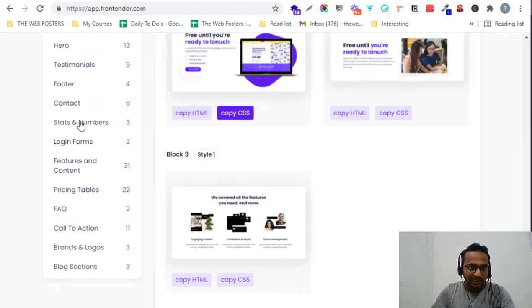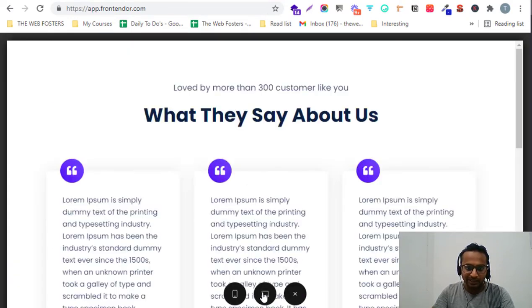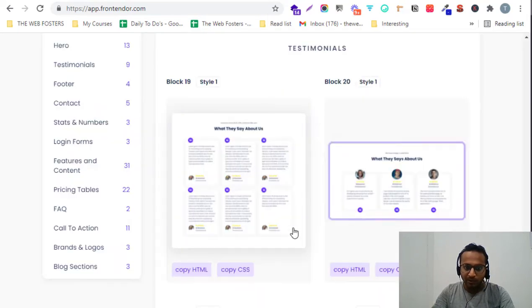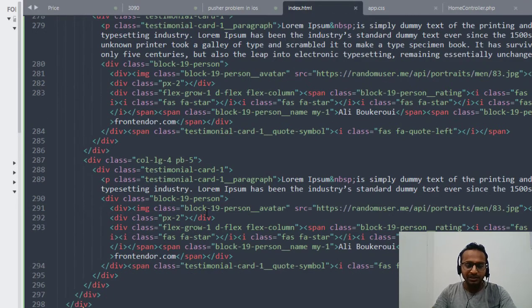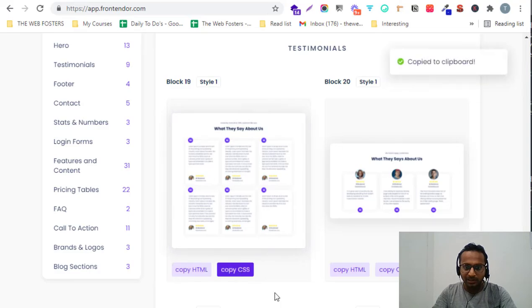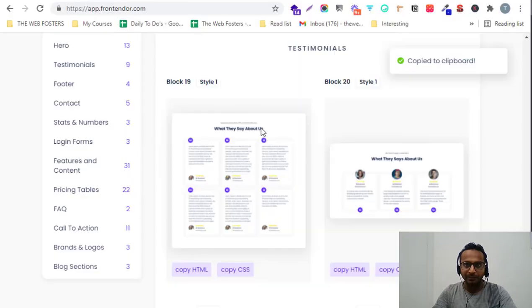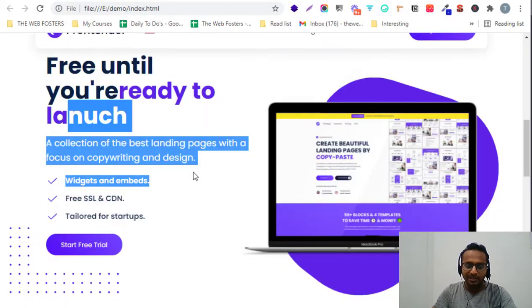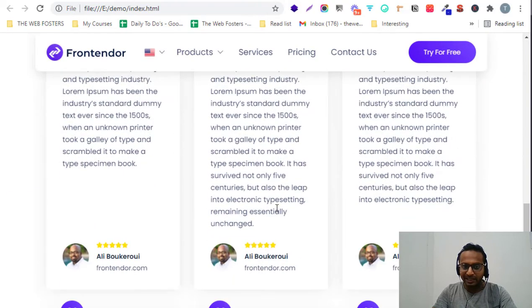Let me just go to the testimonial and add a few testimonials. I will just preview this testimonial here. It's looking good in desktop mode, also it's looking good in the mobile mode. I will just copy this HTML file from here and paste it over here. Again I will copy this CSS file, go back to my CSS file and copy this one here and paste it. So with this, I have created this hero section, featured section, then again I have created this testimonial section.